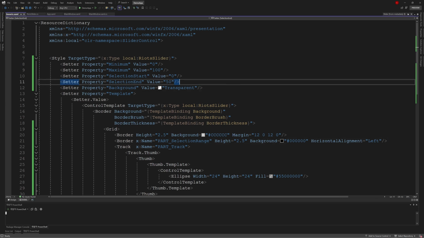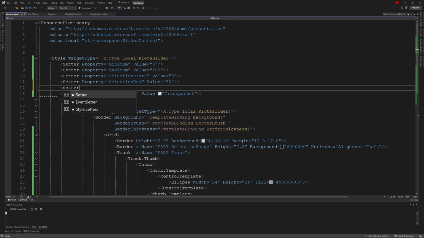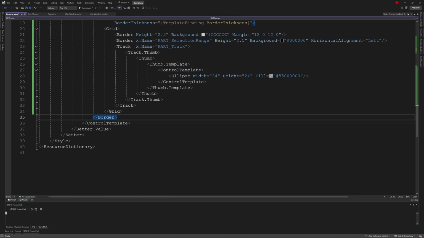First, the IsSelectionRangeEnabled property is currently set to false. Then we'll proceed to set the specific triggers below.